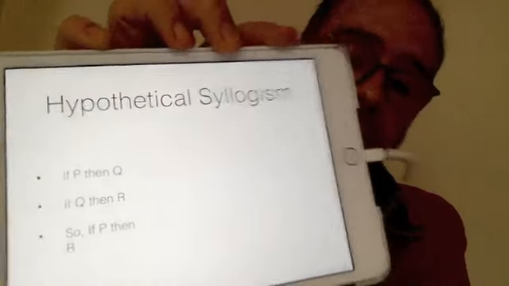Okay, let's look at another argument. Here's a disjunctive syllogism. And this one says,